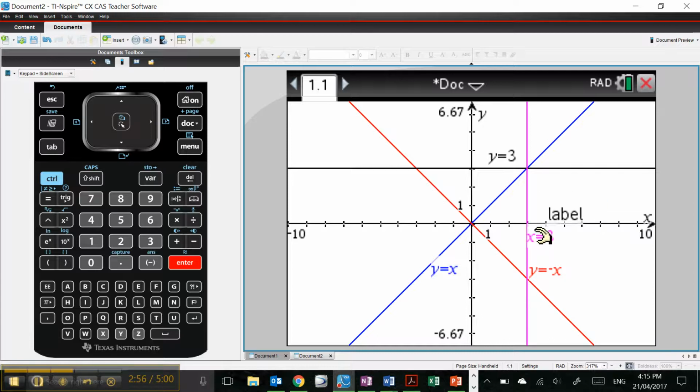For this equation, we say that the gradient is